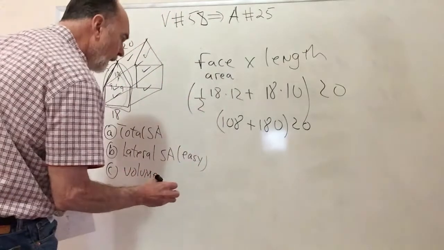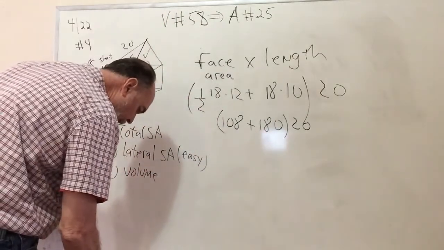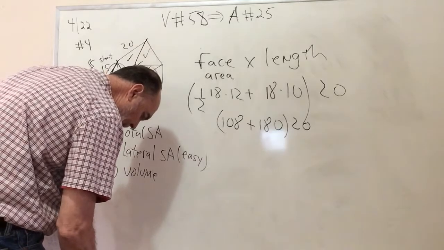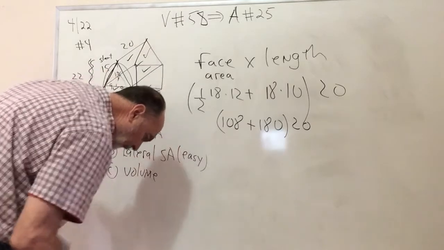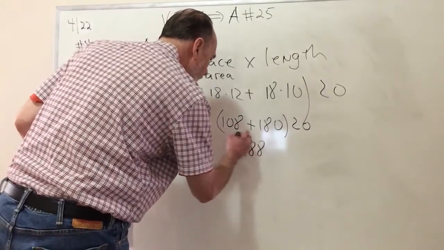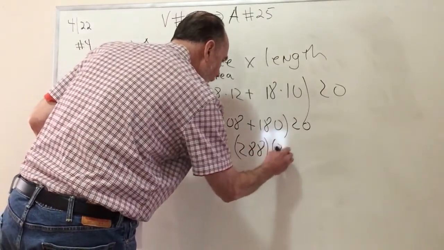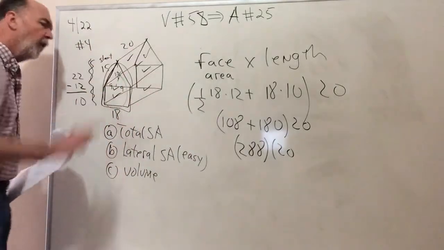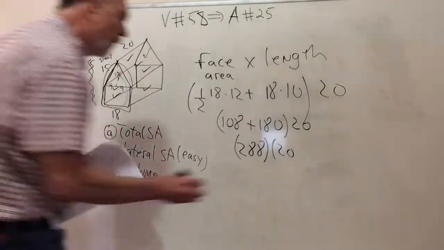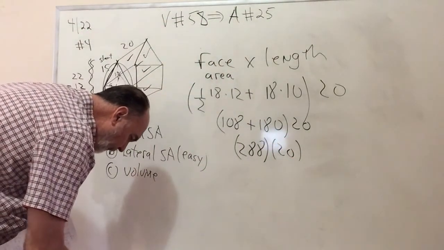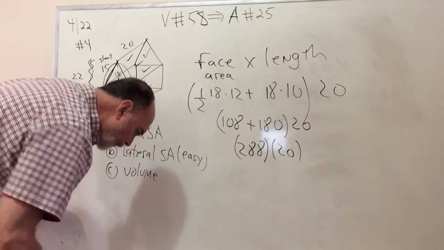Just to avoid mistakes, 108 plus 180 turns out to be 288 times 20. Again, this is the area of the face. You just multiply it by the length of the figure. And we multiply 288 times 20, and your answer should be